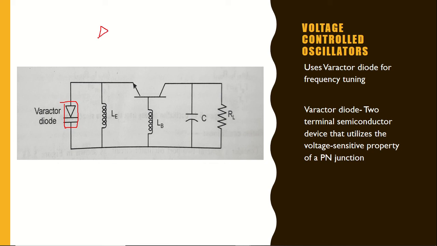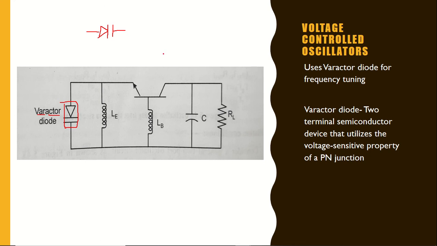I hope you know the symbol of a PN junction diode. It is this. A varactor diode is similar to that, but it has two lines, where two lines mean the variation in capacitance. The main concept of varactor is variation in capacitance. That is why the symbol is presented as such. And varactor means variable reactance. Fine. The term varactor stands for: VAR is variable, and ACTOR stands for reactance. So we are going to change the capacitance of this varactor diode. By changing the capacitance, we are going to change the frequency of the given oscillation.